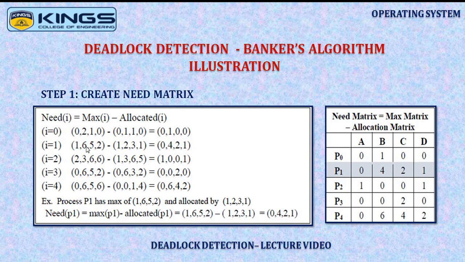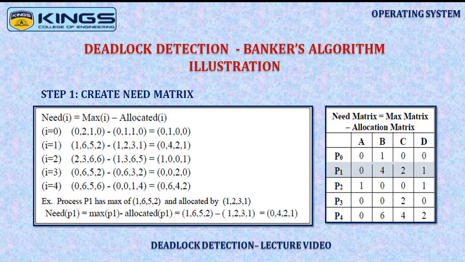Similarly, for process 1, the maximum requirement of resources is 1, 6, 5 and 2: 1 instance of A, 6 instances of B, 5 instances of C and 2 instances of D. But actually it was allotted with 1 instance of A, 2 instances of B, 3 instances of C and 1 instance of D. So when we subtract, the remaining is the need matrix